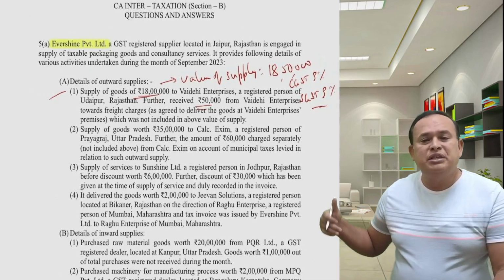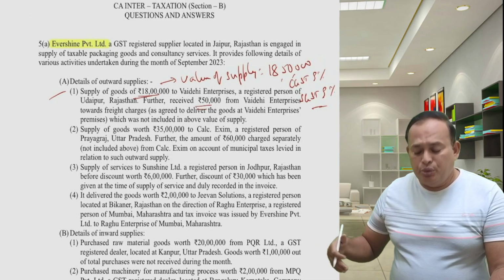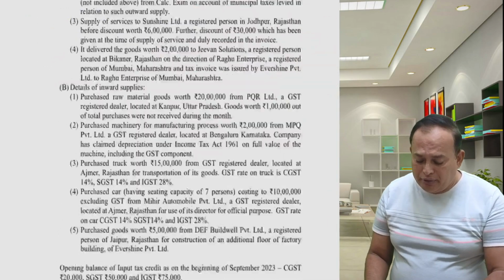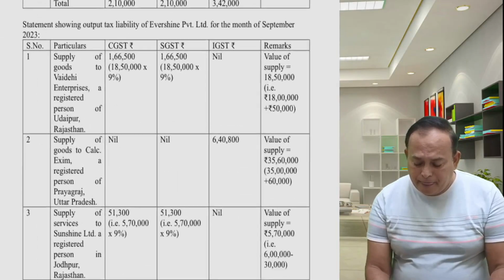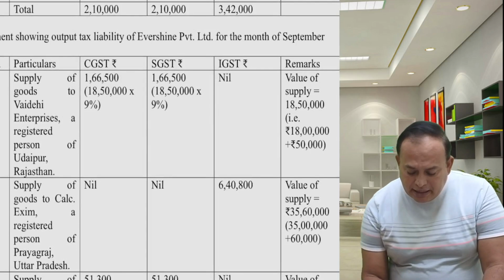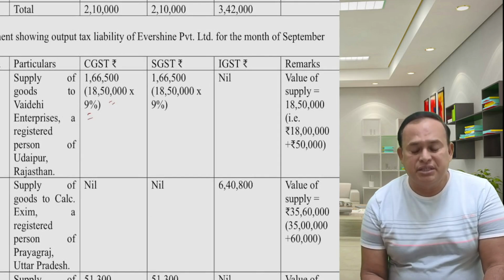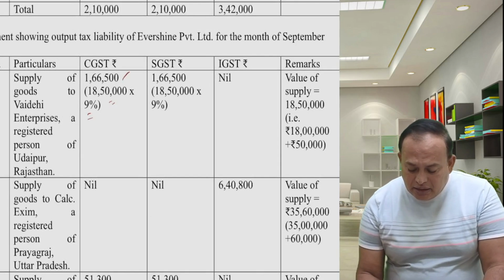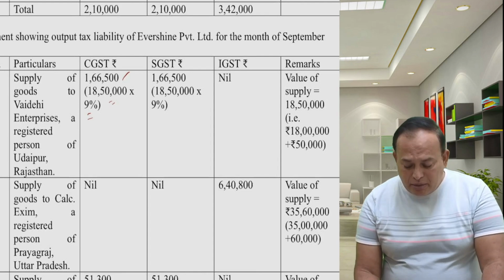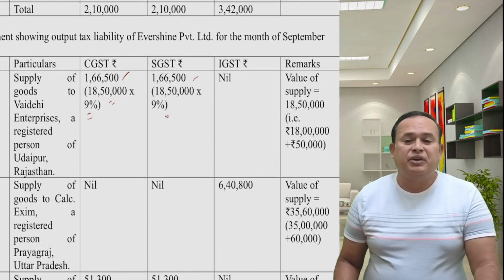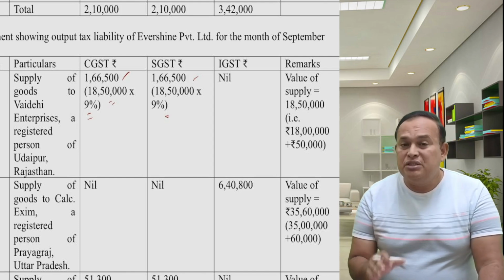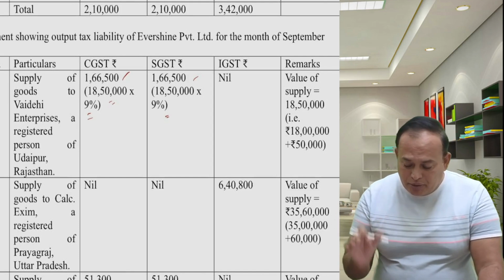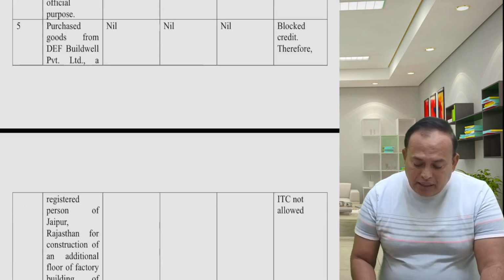In a statement which I am going to compute now, I will show you the CGST. Just if you wanted a reference for outward supply, you can see here 18 lakh 50,000, 9% CGST, 1 lakh 6,500, which is nothing but the GST payable on the value of supply, which is 18 lakh 50,000 rupees. Now, fine. Like that, we have a statement.